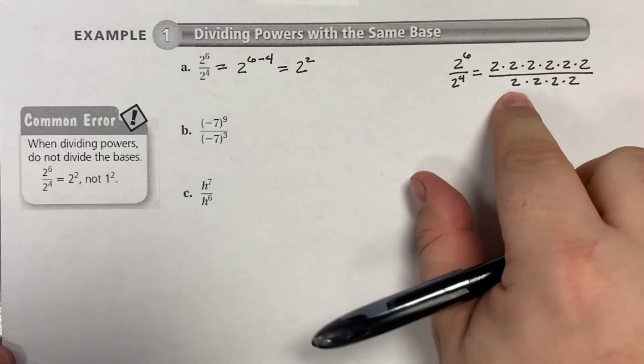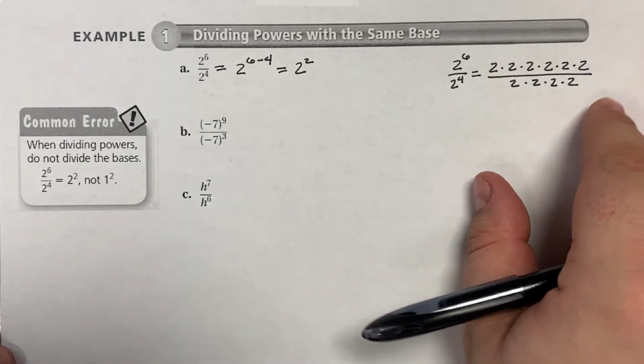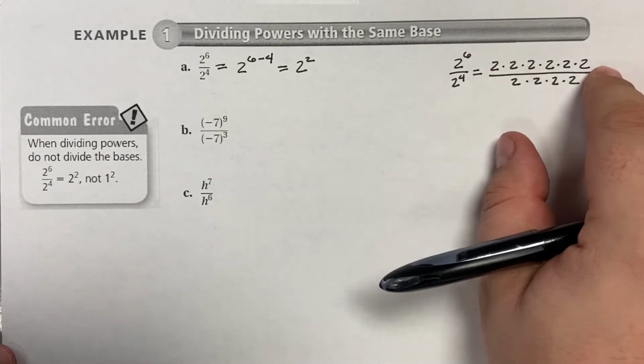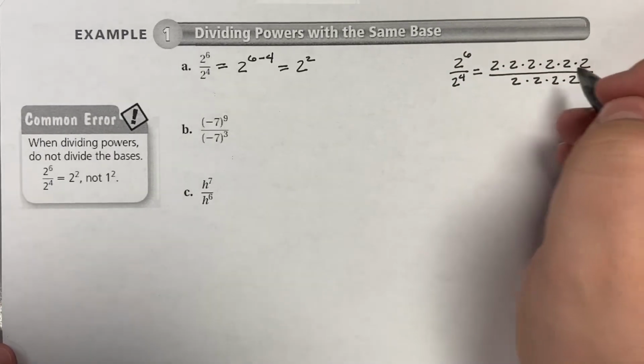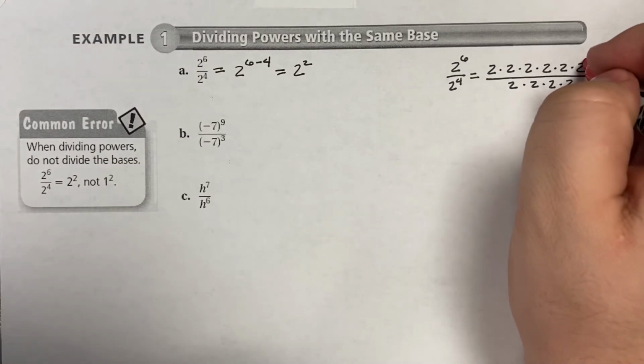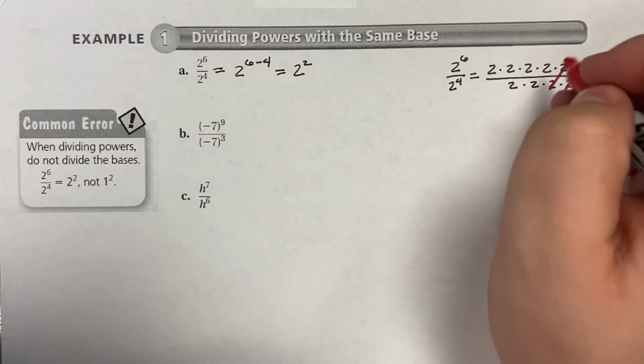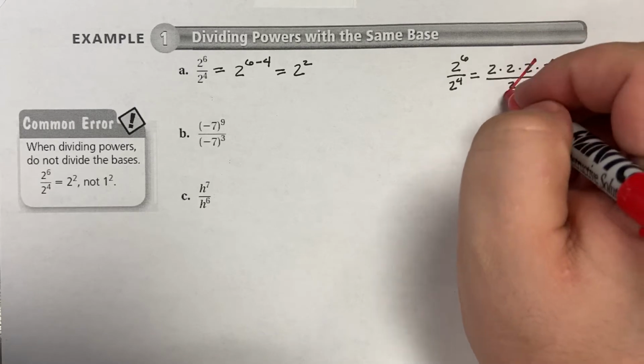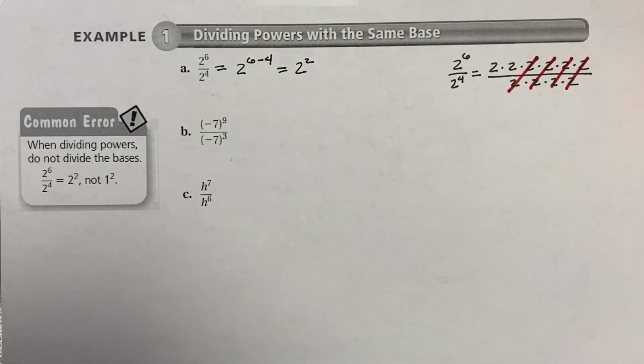So 2 to the 4th is 4 2's being multiplied, and 2 to the 6th is 6 2's being multiplied. And if we remember, when we have like factors in numerator and denominator, they're going to cancel. So those 2's cancel, those 2's cancel, those 2's cancel, and those 2's cancel. And what we're left with